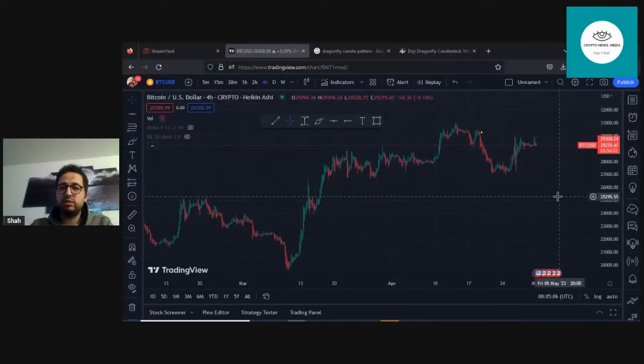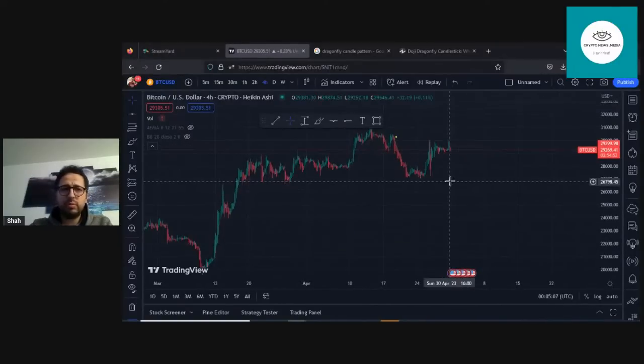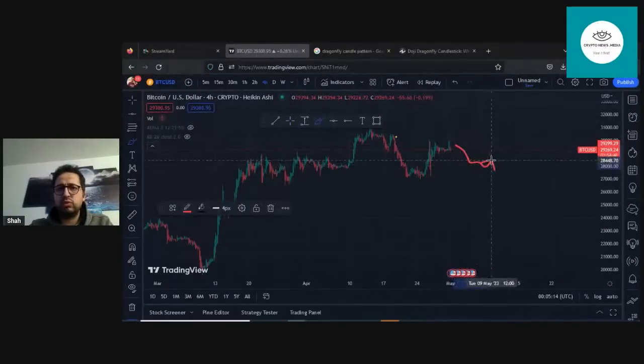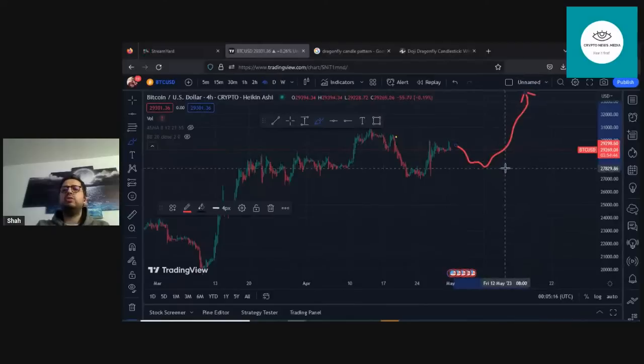and even building your confidence. For example, a lot of people like to draw some fancy stuff, like they say, I believe that Bitcoin is going to do this and then it's going to go like this, right? And then you leave it here, you go back and then you see what happened in future. Did it actually do this or did it not do this? So this is very basic stuff. Those who know, I'm sorry for that. I know a lot of people in my group are very educated on this,